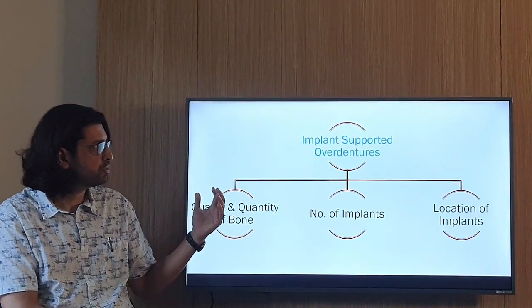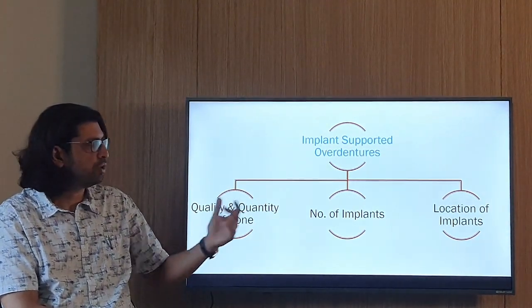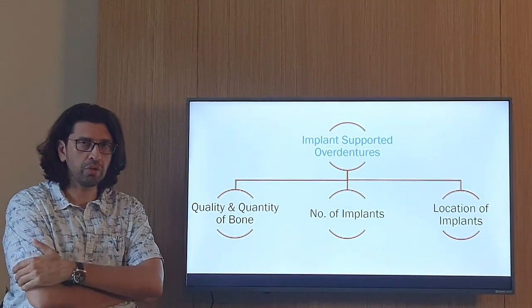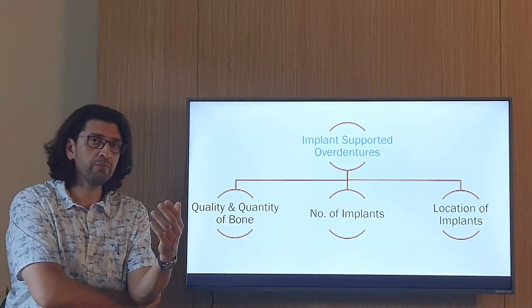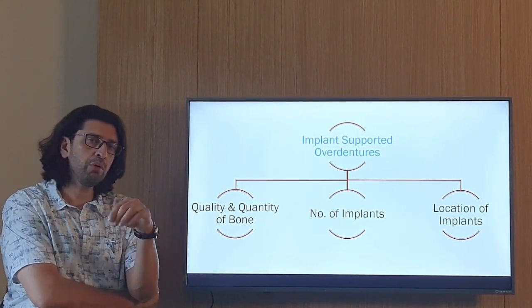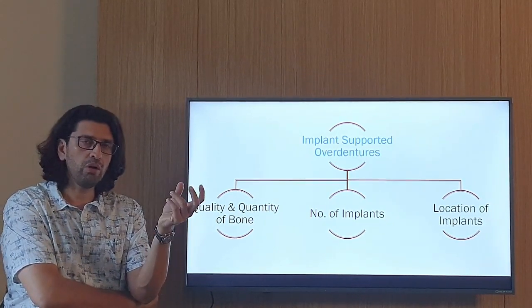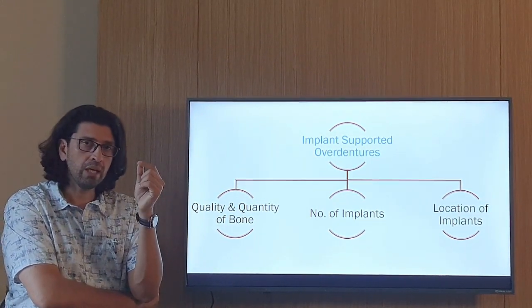So that really brings us to implant-supported overdentures, the quality and quantity of bone, and the location of the implants. Having this in mind, you can plan out how many implants you are looking at. Is this patient good for an overdenture which is tooth supported, or should I go in for implant supported? The moment it comes to implant supported, you can remember all the attachments I spoke about. All of them are feasible, from the ball to the Ceka, the bars, all of them are feasible,